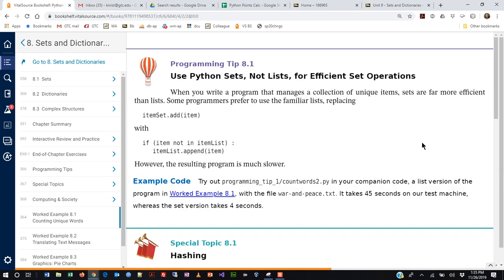All right. I have a couple of little tips and whatnot here. I always like to read through these because I think some of them are pretty important. And this one says, use Python sets, not lists, for efficient set operations. And this is a little bit of a mindset change, including for a person like me, that my whole life I've worked with arrays and other structures like that where we do have indexed values. It says, when you write a program that manages a collection of unique items, sets are far more efficient than lists, and some programmers prefer to use the familiar list, replacing something like this, item set dot add item with,